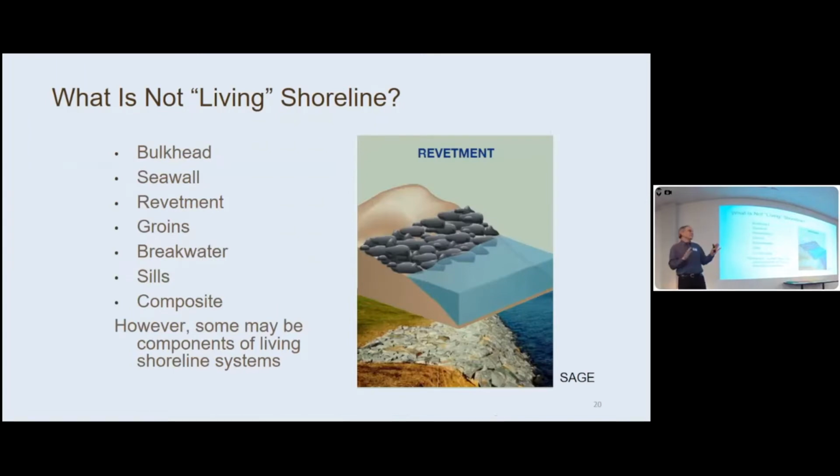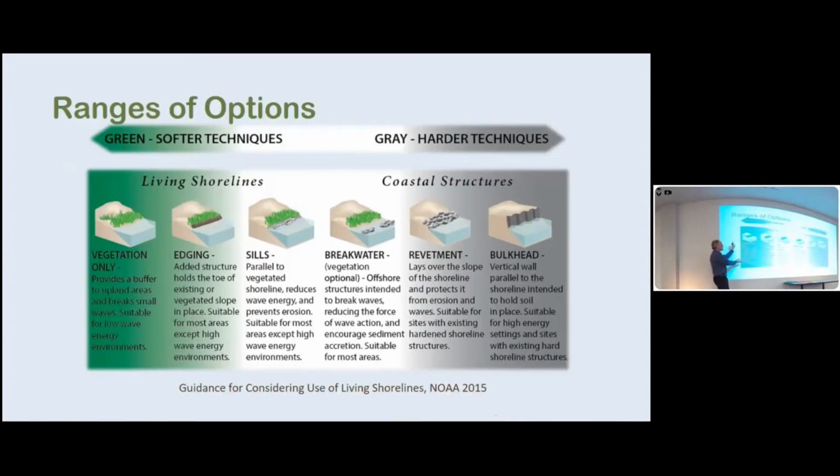So what's not a living shoreline? Anything that doesn't use natural components that are living. So bulkheads, seawalls, revetments, you've probably seen these. We could put these in a continuum. So we can go to a completely green shoreline with no artificial components. I don't typically call that a living shoreline because there's no artificial components, but some people include it. So just